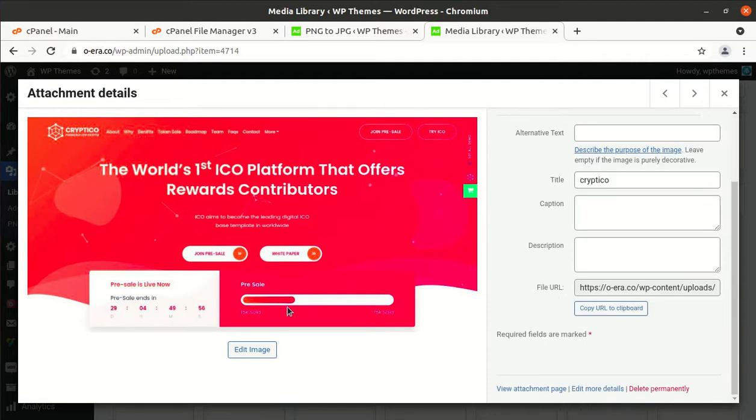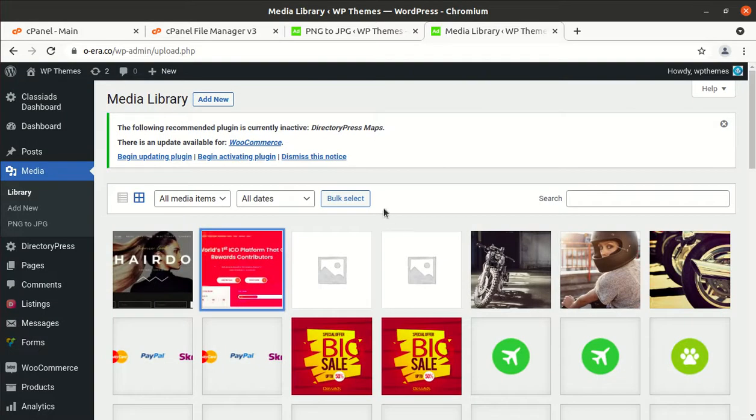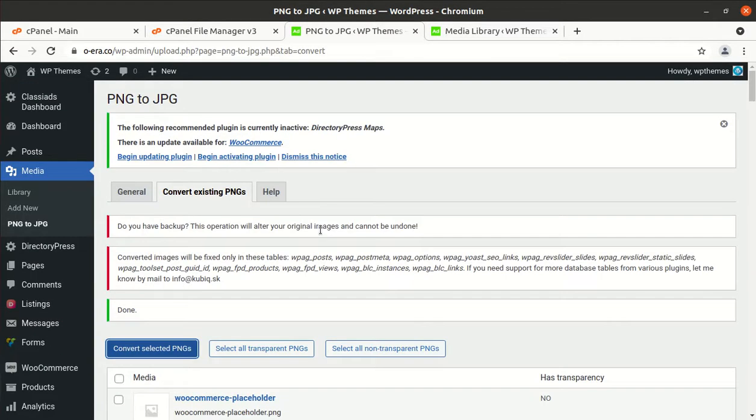So this was the main objective of this video, how to convert PNG images to JPG image format, and this is the first step towards optimization for gaining an A grade for your website. So this is a very wonderful plugin, the PNG to JPG converter, and you should use it for your website.